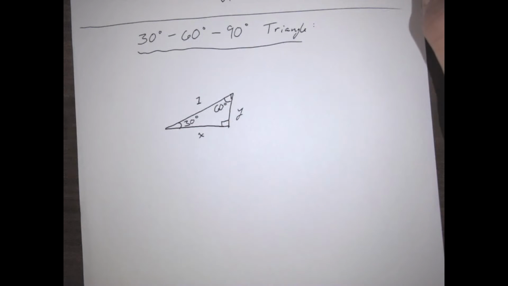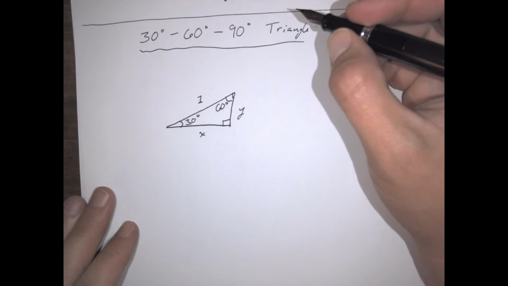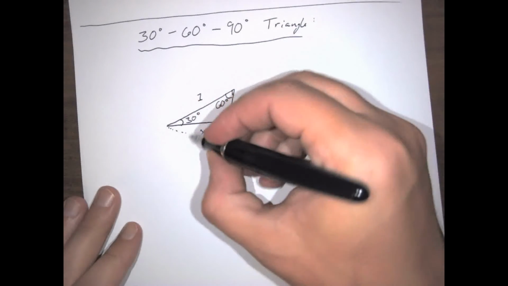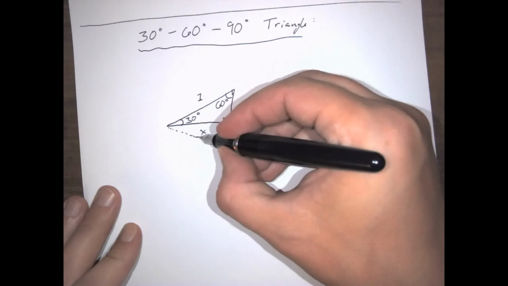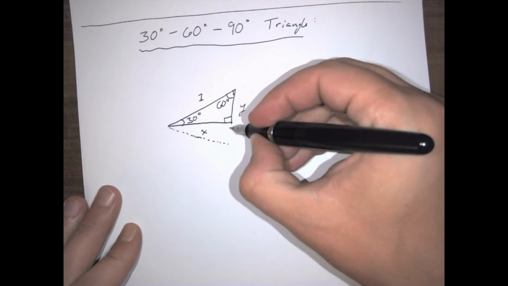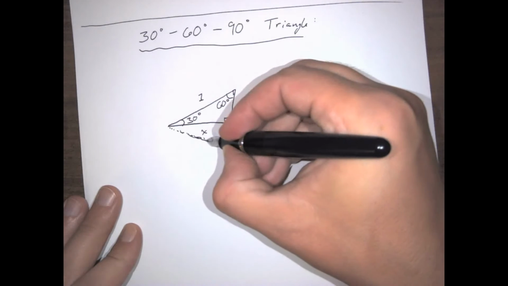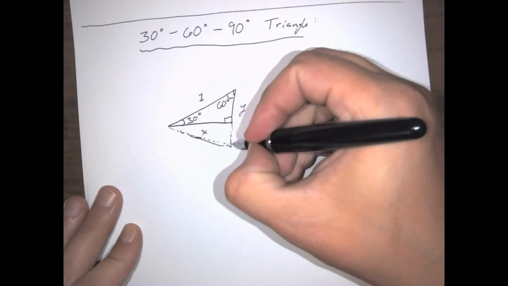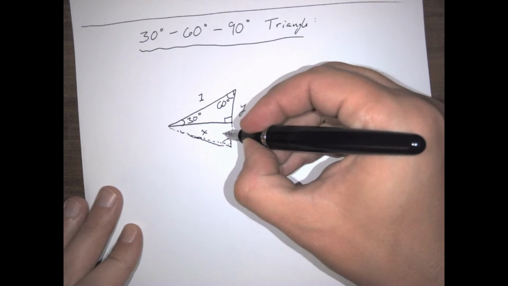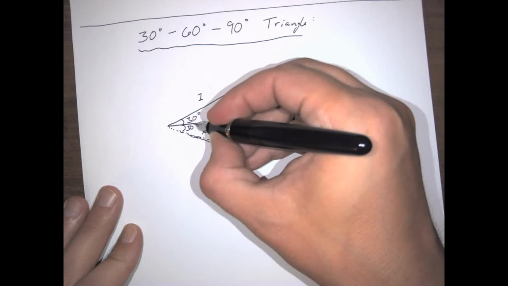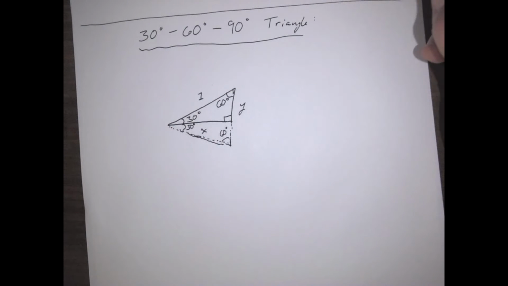And while we're looking at the lake and thinking about the problem, we realize that if we just saw the reflection of this triangle in a lake, then that would be 60 degrees, that would be 30 degrees,